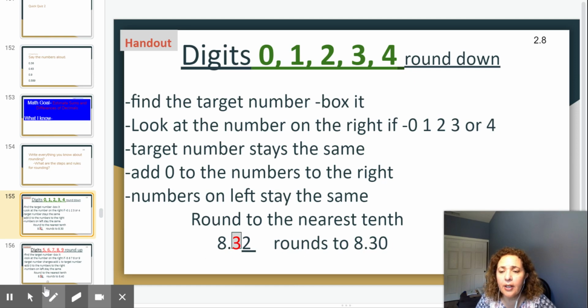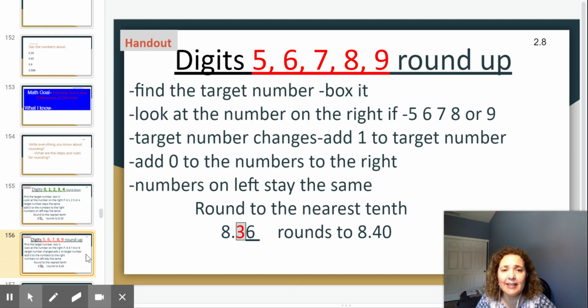Okay, now let's look at an example for rounding up. So for rounding up, we know we have to look at the numbers 5, 6, 7, 8, and 9, right? So the digits 5, 6, 7, 8, 9 tell me to round up. So I do the same thing. I find the target number, I box it in. So the place value that you're rounding to. Then if the digits are 5, 6, 7, 8, or 9, that means I need to add a 1 to my target, and the rest of the numbers to the right become a 0,